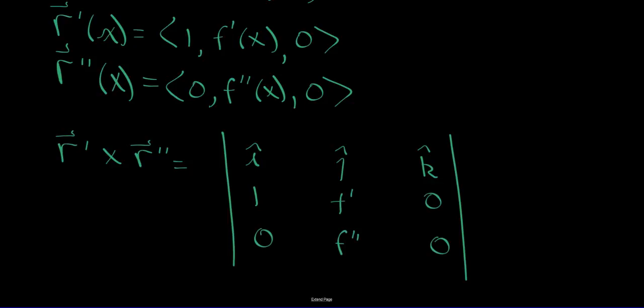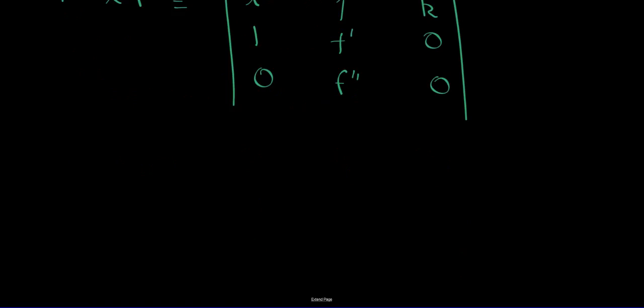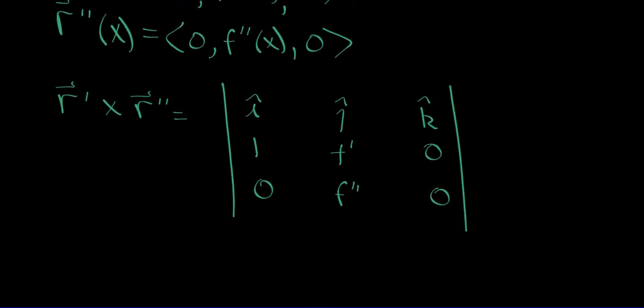Okay, so there's that. Now let's go through the process here, the cross product. If you look at this, everything's going to be 0 except the very last thing, right? This right here is just going to be f double prime. Because you can see all those zeros, it doesn't take much imagination to see that the only thing that's going to matter is when I multiply 1 times f double prime. So if we talk about the magnitude of this,